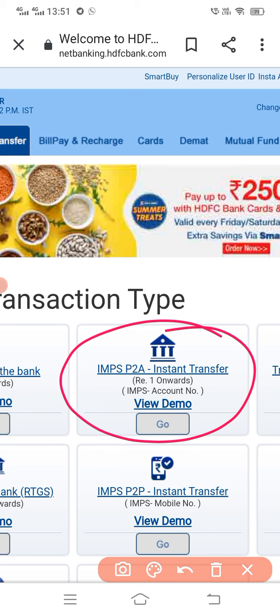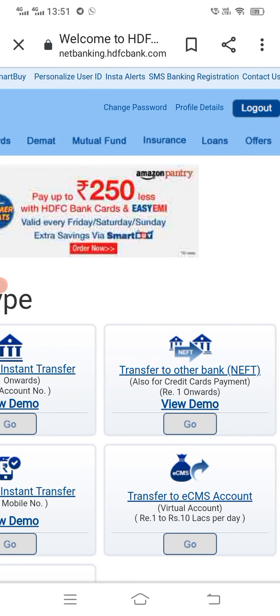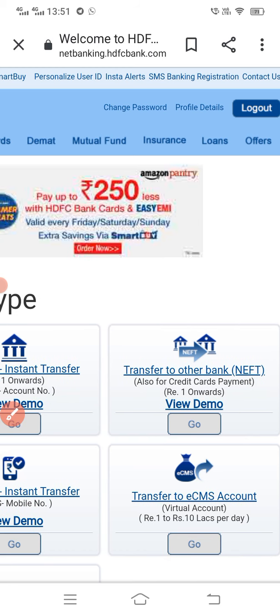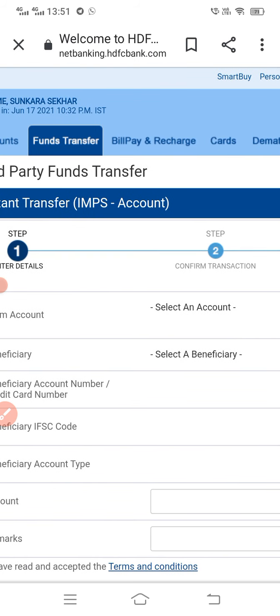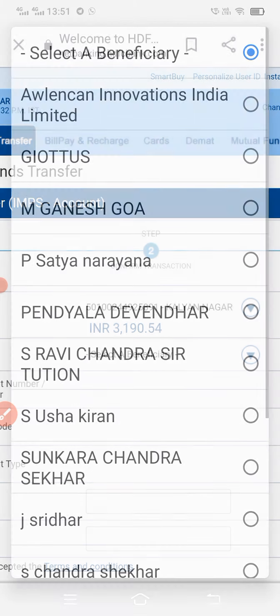It's not for my own account, it is for another account, like NEFT and all that. So I'm going for the second option, IMPS. I'm selecting my account, Kalyanagar branch, and my balance will be available.